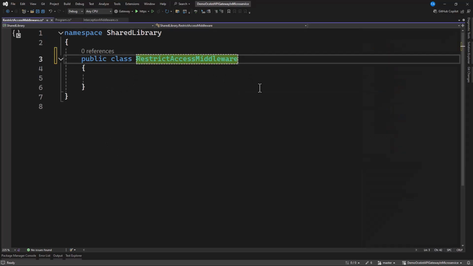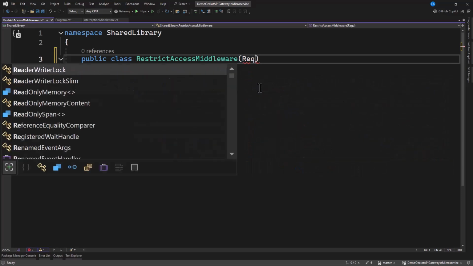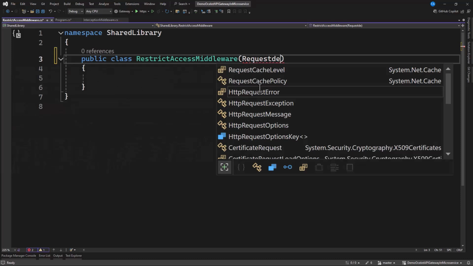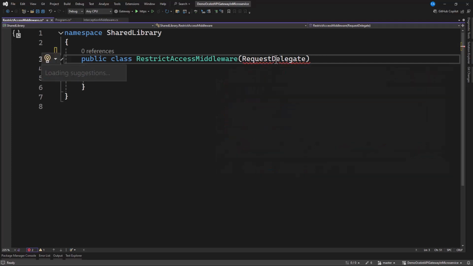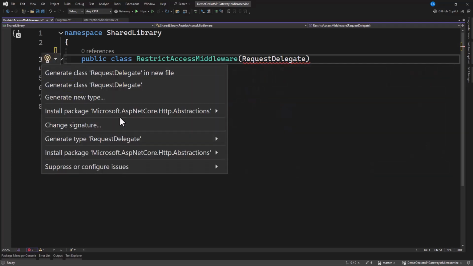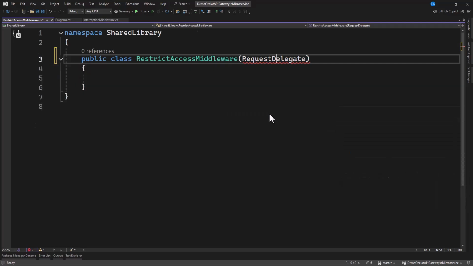Now we need to also use the same thing. This has to take a request delegate. And on this request delegate, in order for this to work, we need to install a package, that is Microsoft.AspNetCore.Http.Abstractions. So let's find and install the latest.